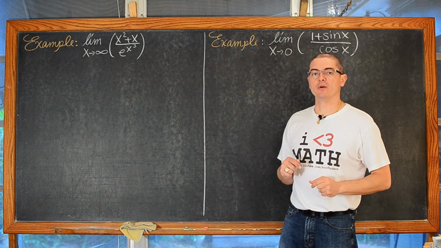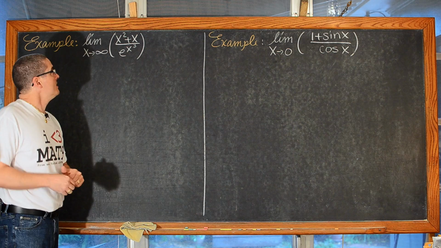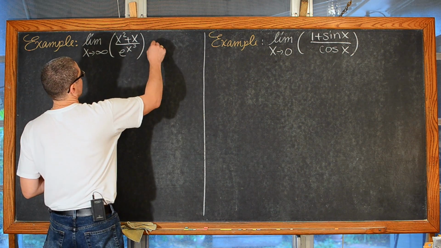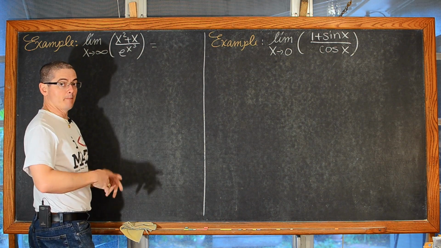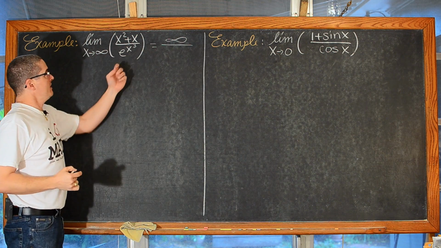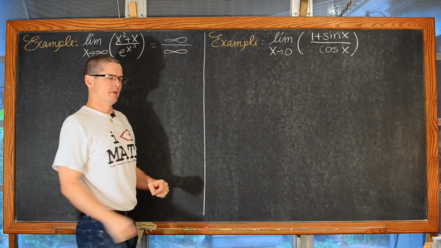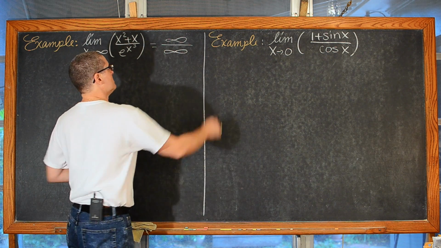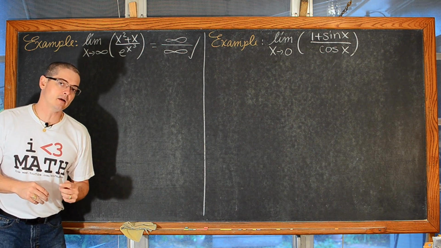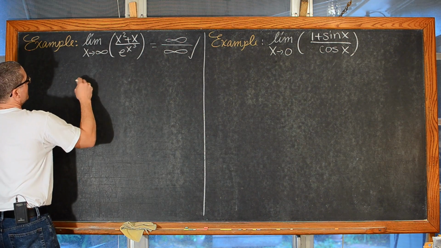For our third example, we have the limit as x approaches infinity of x squared plus x over e to the x cubed. And letting x approach infinity, what do we have? We have infinity squared is a big infinity, and another infinity is another big infinity. And then e, a positive base raised to infinity, is going to be infinity and beyond. So that means that that is a form of the indeterminate that is going to allow us to apply L'Hopital's rule. So let's find the derivative of the numerator and denominator separately.